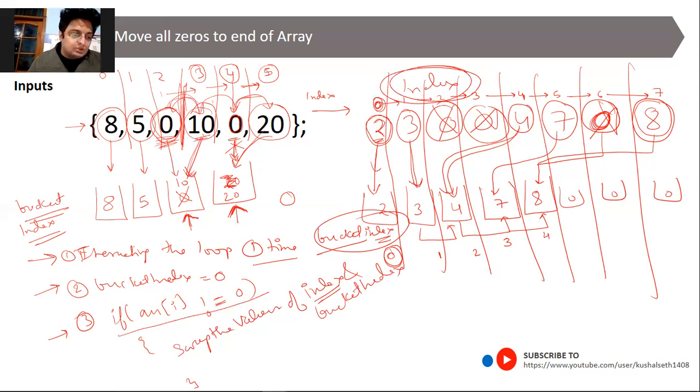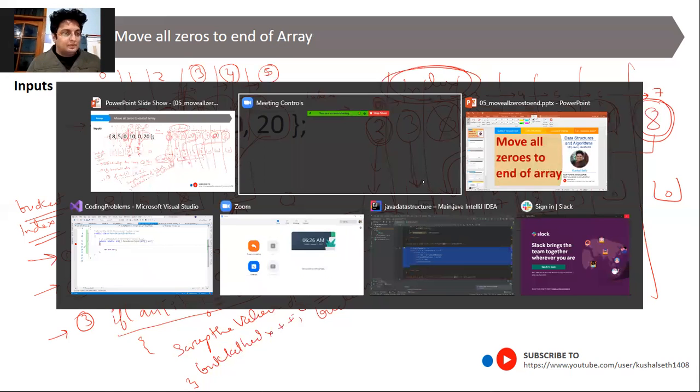So swap the values of index with the bucket index and increase the bucket index by 1, so that we will have the next bucket index. Whenever any non-zero will come, we will put it here. So let's convert this thing into code.